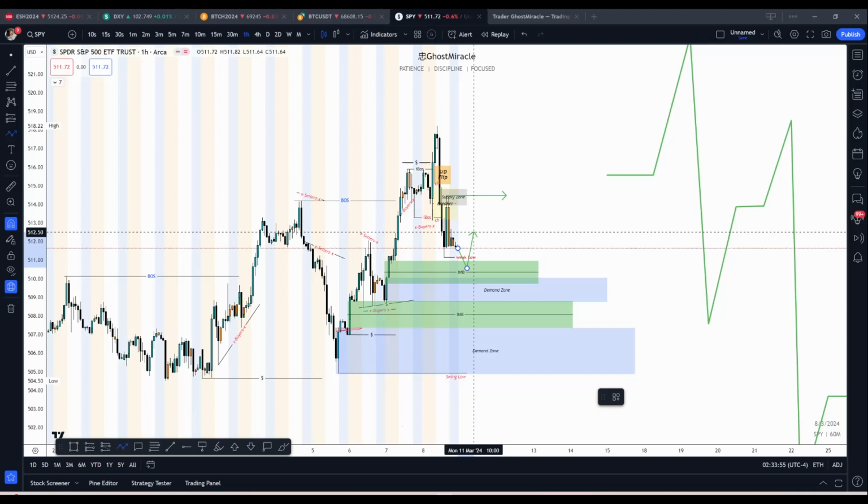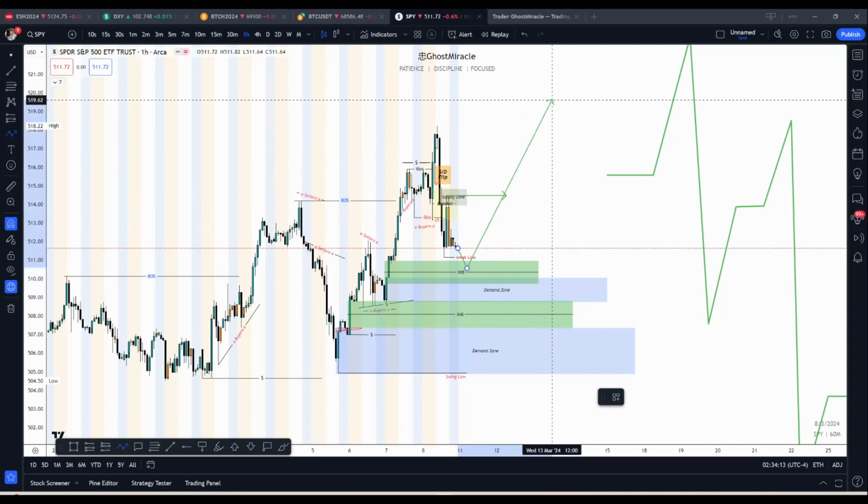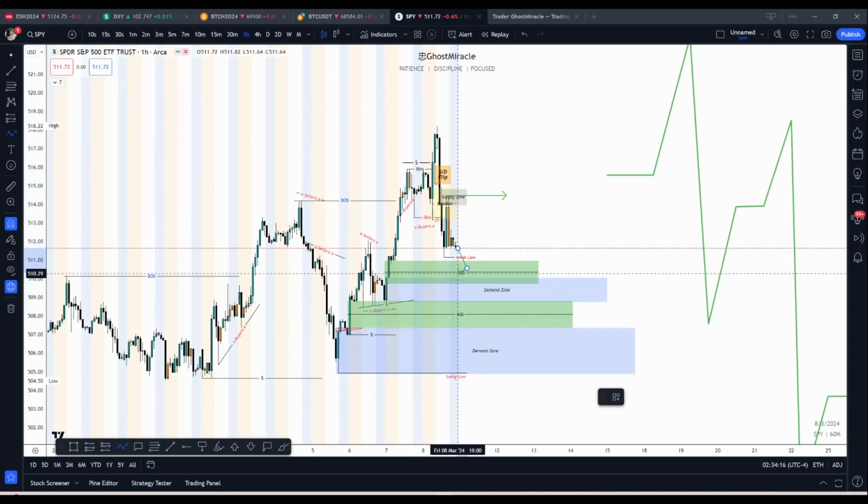With that being said, to continue looking for buys, I would want some double confirmation, or at least a change of character on a higher time frame, like 15 minute or 1 hour, something stronger than the 5 minute, that signifies price is looking to go higher, as opposed to the internal breaker structure here from this weak low that's probably going to get broken,